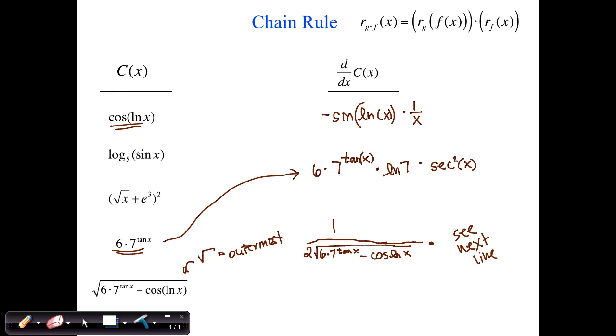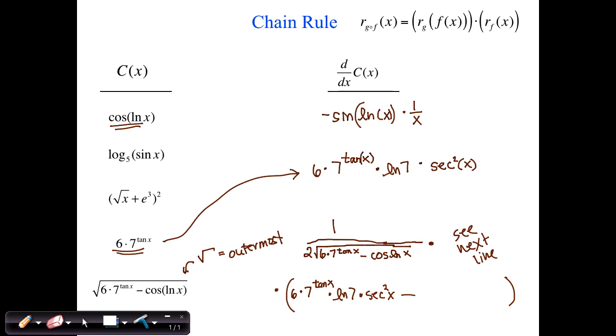But on the next line, what I'm multiplying this by is, since the function inside here is a complex function that's composed of 2 things subtracted, I need to take the derivatives of those 2 things subtracted and subtract them. So 6 times 7 to the tangent of x power, oh, well, here's its derivative right there. 6 times 7 to the tangent of x times the natural log of 7 times secant squared of x